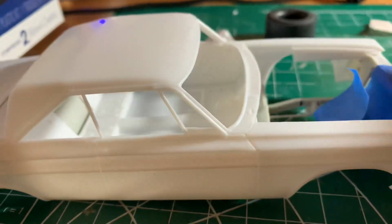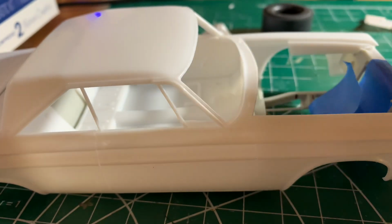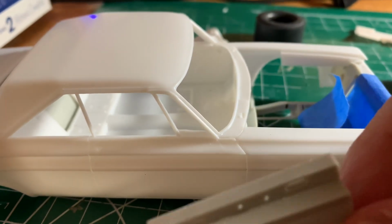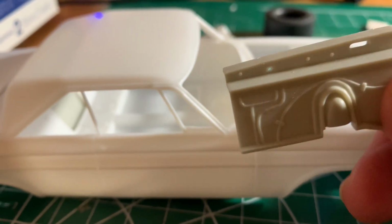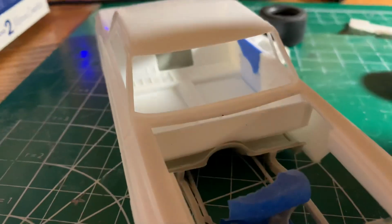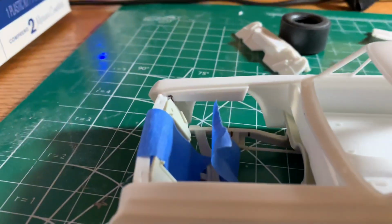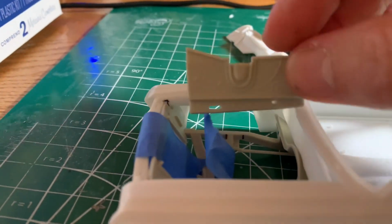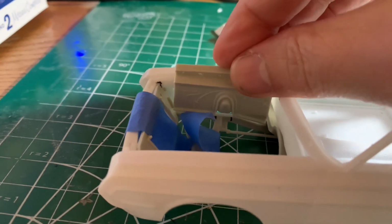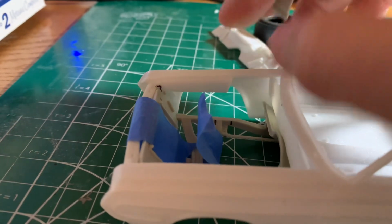So what I'm going to do is cut this out, and then I'm going to put in the aprons for the Super Bee, which doesn't have that. And they do fit in pretty good because I'm using the core support of the Super Bee up front. And what I'll have to do is, once these are in there, accommodate them by cutting that